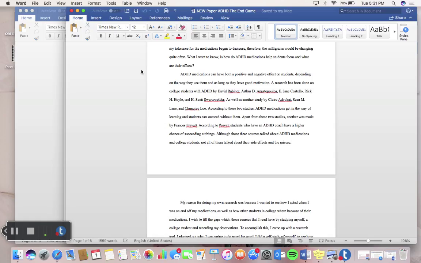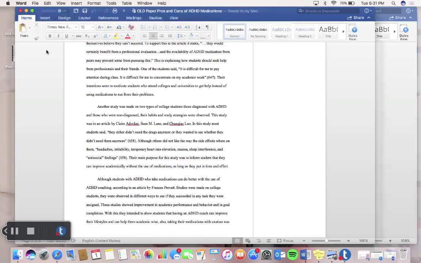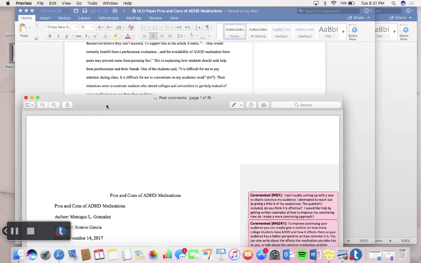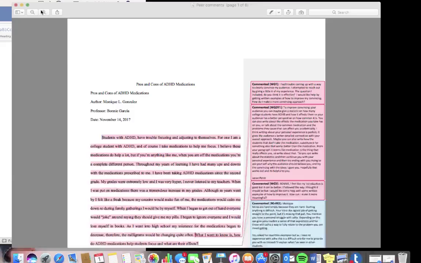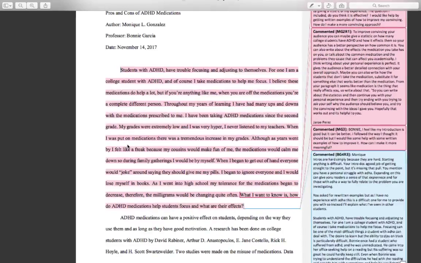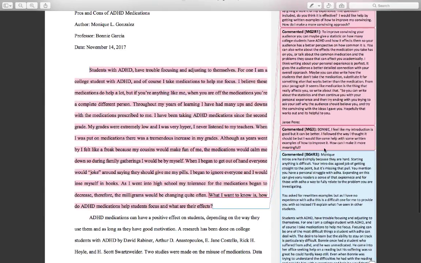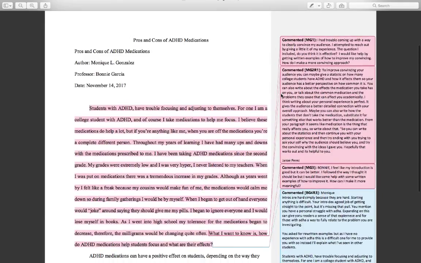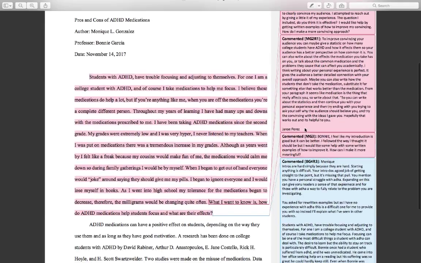So as for learning with my peers, that really helped me. Interacting with my peers helped me a lot because I would ask my peers to read my papers and their opinions would help me fix my mistakes. In class, we had an activity where we would write or comment things that we thought could be changed. So right here I have a comment from Janae Perez telling me to prove convincing my audience